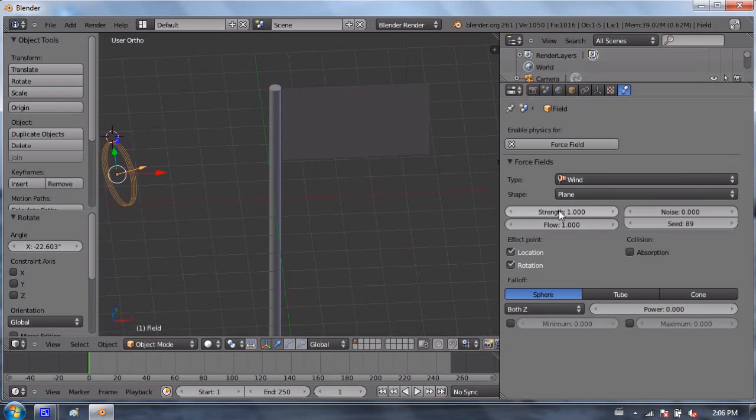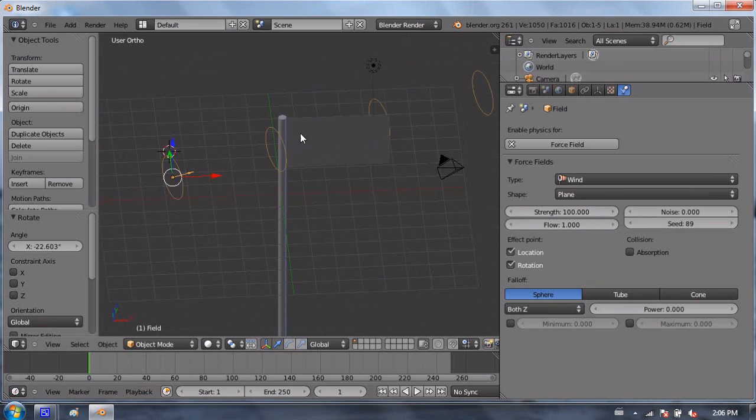So I'm going to change that strength. Right now a strength of 1 is very, very weak. It probably won't do anything to that flag. So I'm going to turn it up to about 100. It can go much higher, I believe. Let's type in something really high to see how high it goes. Yeah, it only goes up to 1,000, so I'm going to try 100, and now we will simulate, and it should work pretty well.